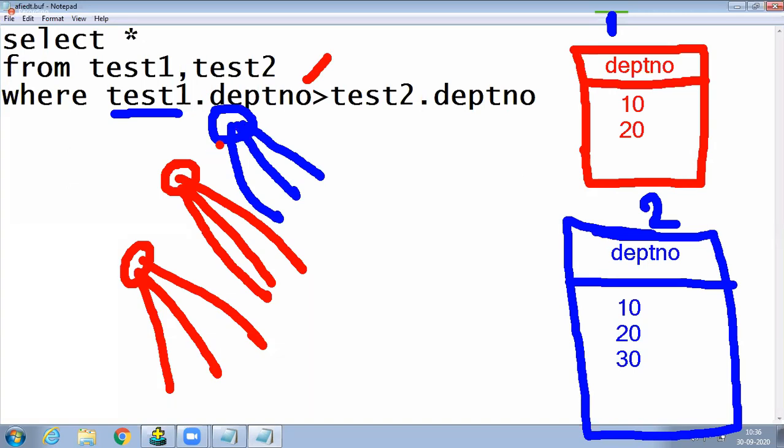In a database, this is how a join is executed. On the left-hand side, from one table, one value it will take. That value is compared with all the values in the other table using the operator. Greater than means greater than, less than means less than.